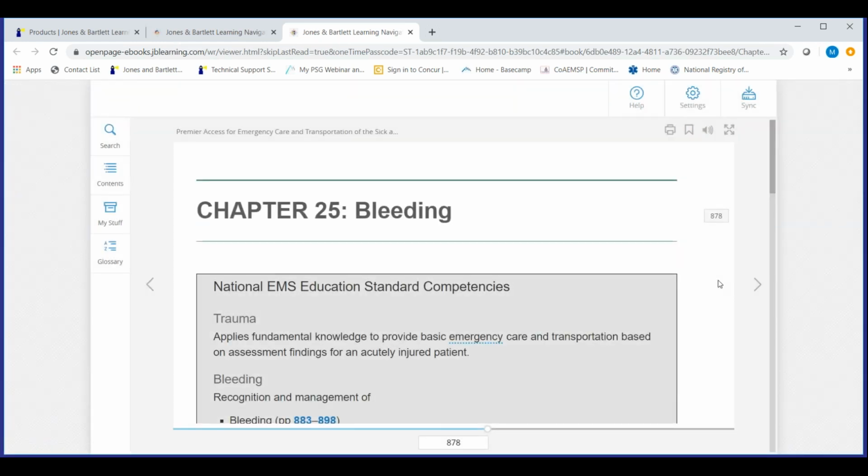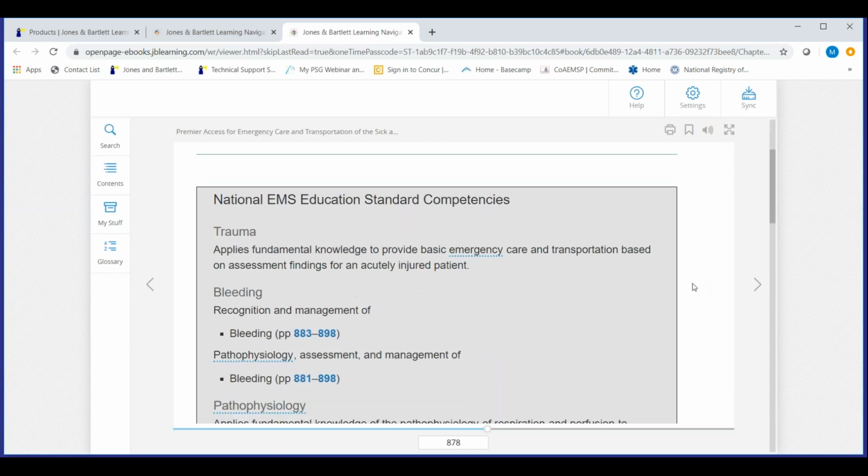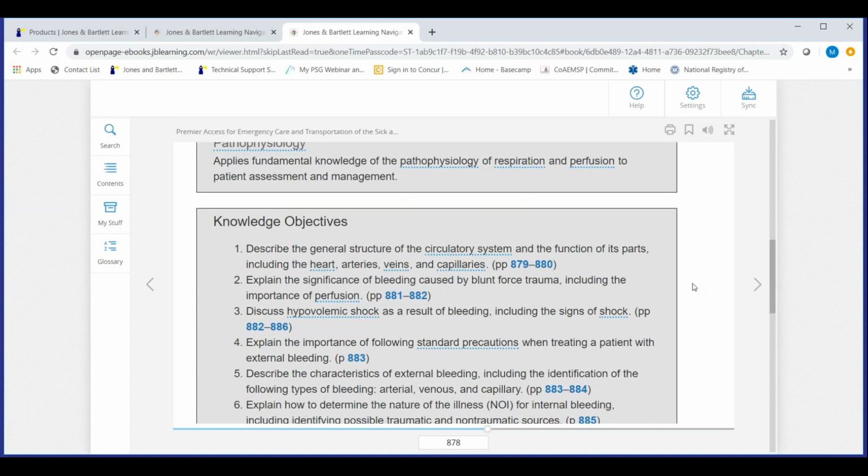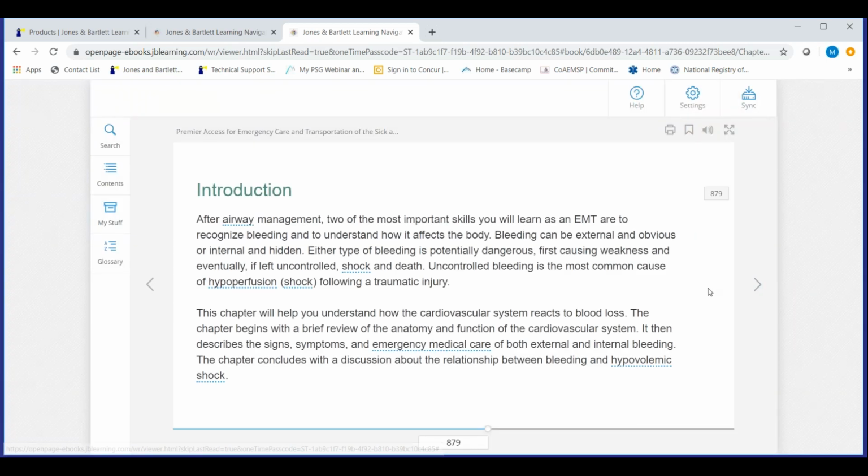So when we launch this ebook, you'll see that it is just a digital copy of our chapter 25. The same knowledge objectives that are at the front of chapter 25 in the book are here as well. So it speaks to that theory of having the students see something more than one time so they understand it. Well, this shows them that you're receiving the same material that's in the hard copy book right here in the digital version. So your visual and kinesthetic learners are going to be happy with this because they're able to see it, read it, and click through it.